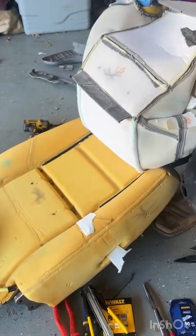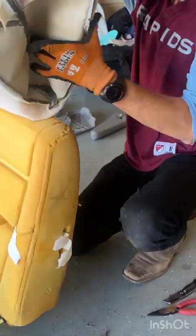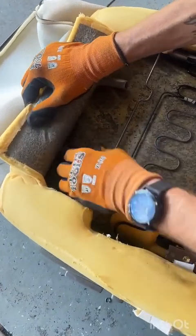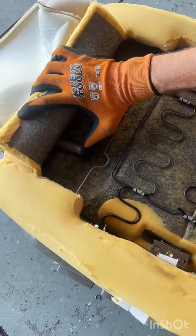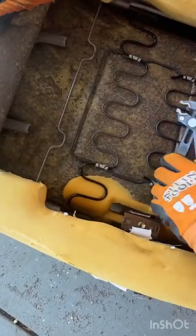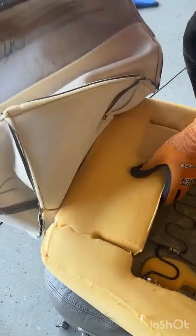Now, something I did wrong on the other one that caused me a lot of time and heartache. I did not pull the headrest off first. I'm going to show you why that's important. Inside here, you've got these clips that you have to squeeze so that you can release. And that's the only reason we have these channel locks, by the way, so that you can release the 2 inserts for the headrest. I spent the better part of an hour this morning wrestling with it because I didn't pull